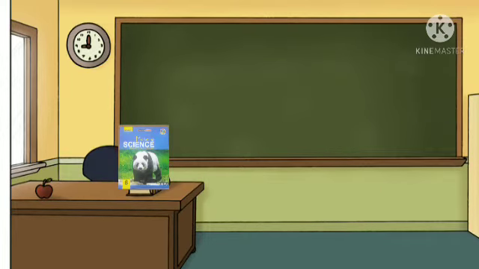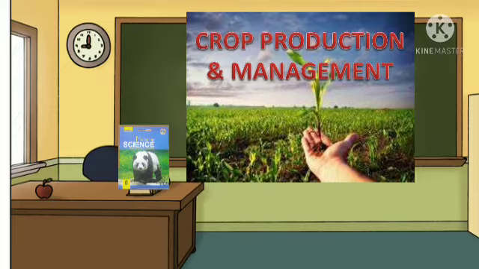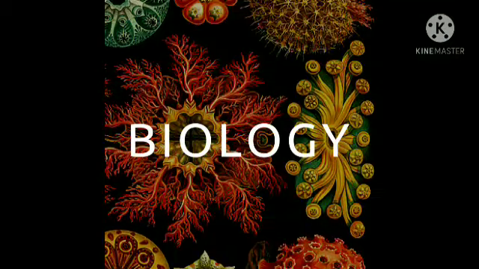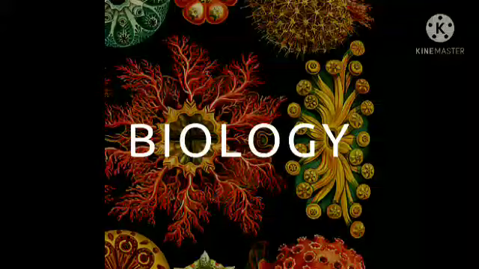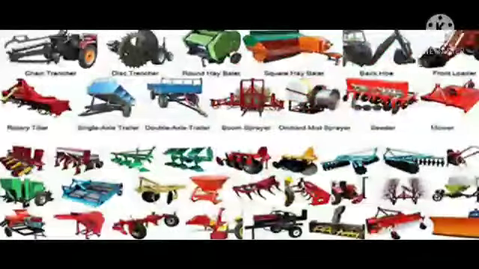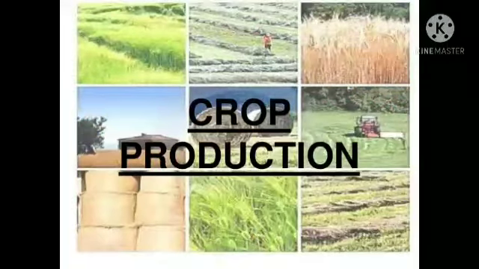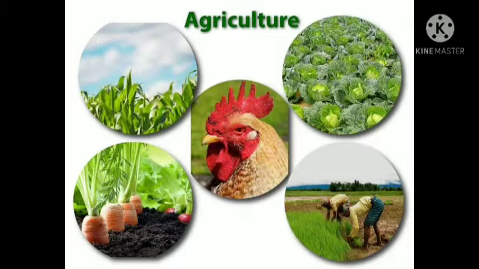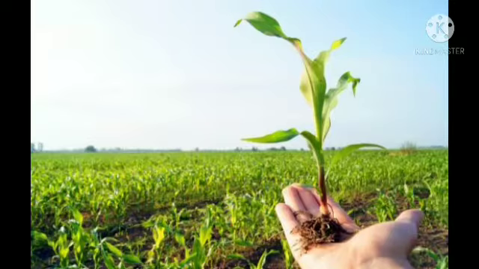Today, I am going to start the first chapter, crop production and management. It is a biology chapter. In this chapter, we will study about crops, different types of crops, different steps and implements involved in crop production. We should know that agriculture is the science that deals with the growth of plants and animals